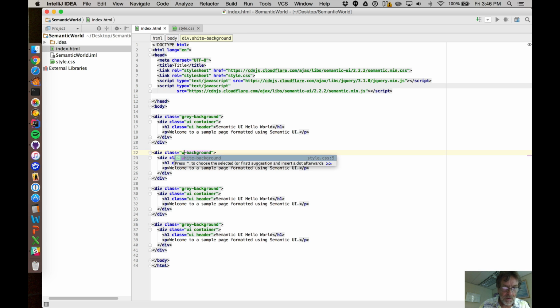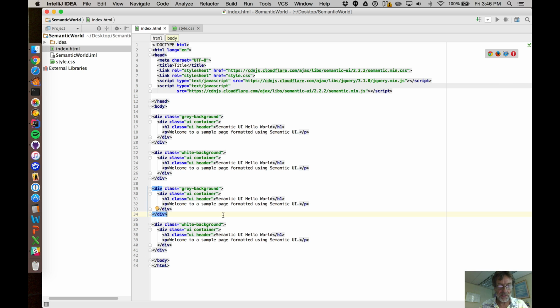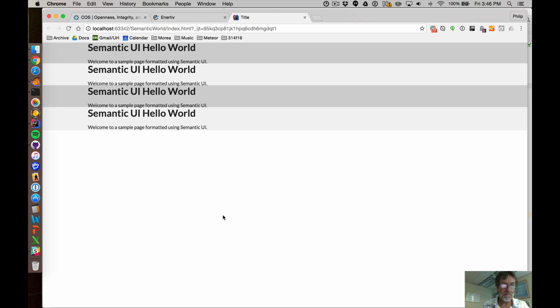Oops. White. And we'll make this one white, so there's a contrast. Okay, so now if we preview this in Chrome, we get this, which starts to look right,